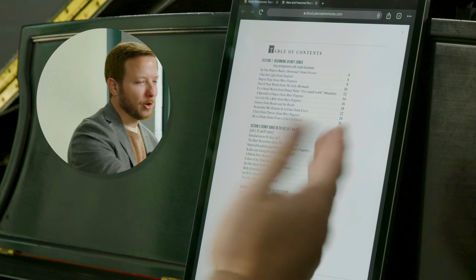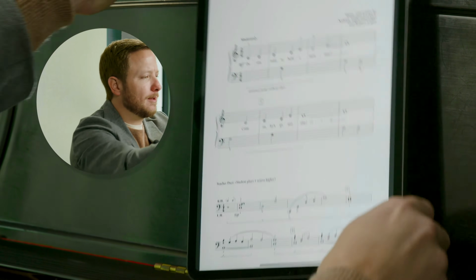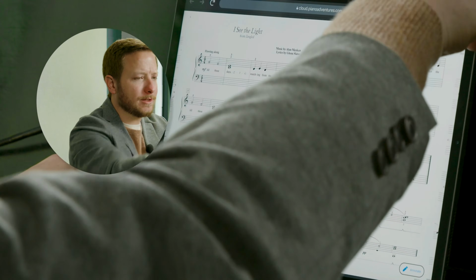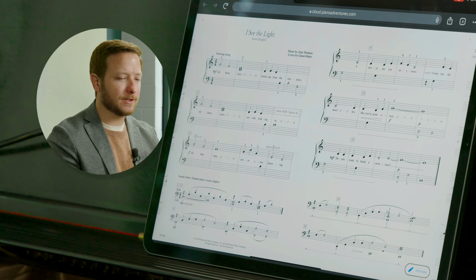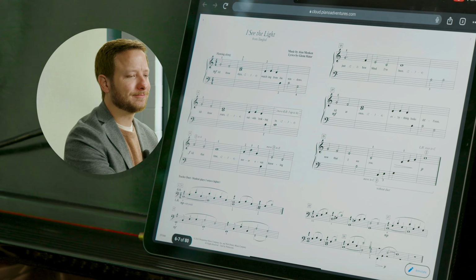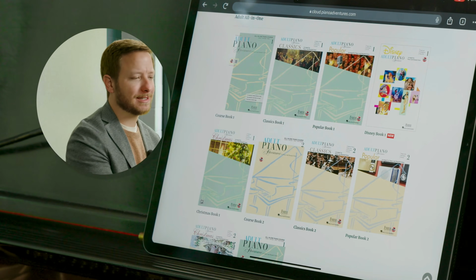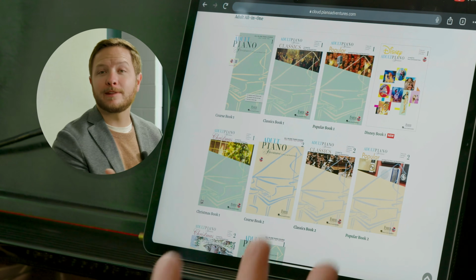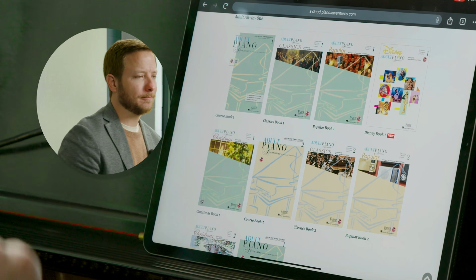Great, so you can see I would open that up and I would treat it just like any book. For fun, you can see if you turn your device horizontal, or if you're on a laptop or a computer, you can select different viewing arrangements. You can now see a full two-page layout. Let's go back to our main Atlas tab so we can pull open another book. Let's say we actually want to look at some of the other features that have been added to many of our books. So if I open Course Book 1,